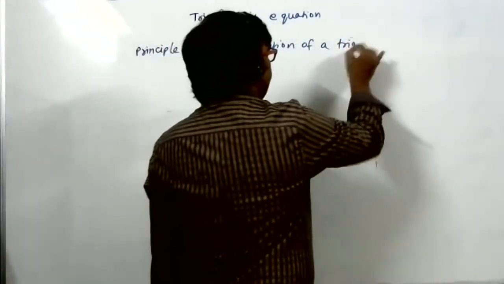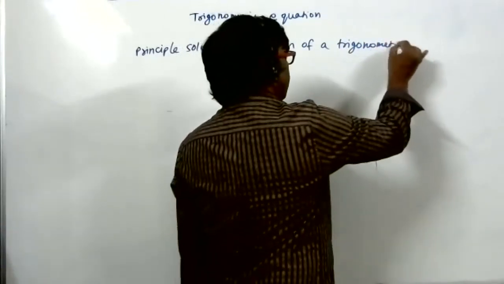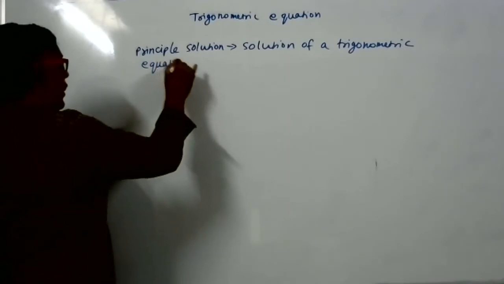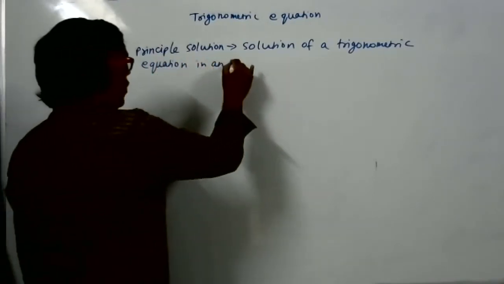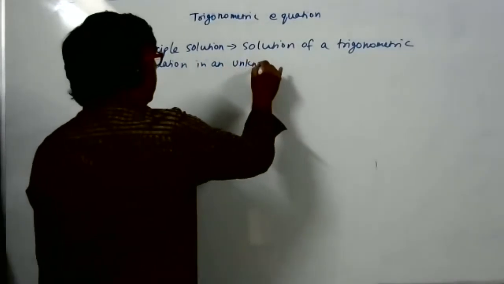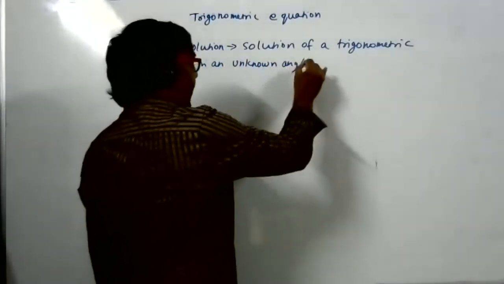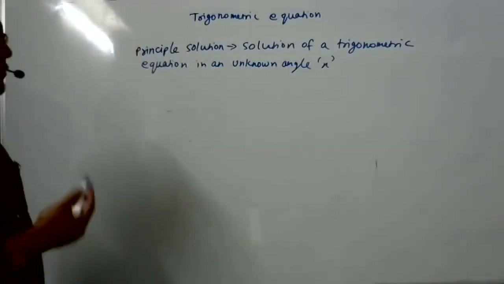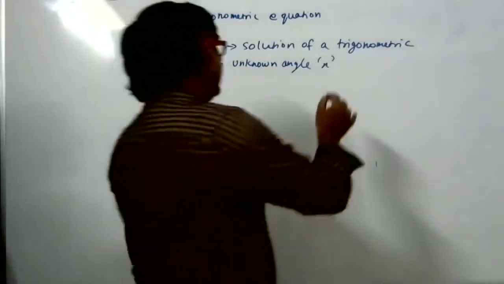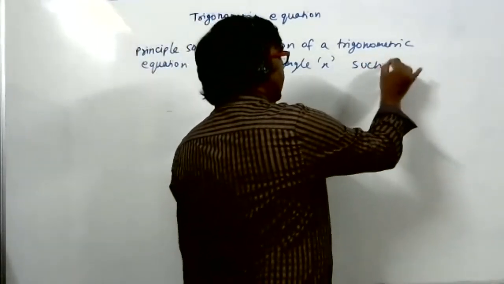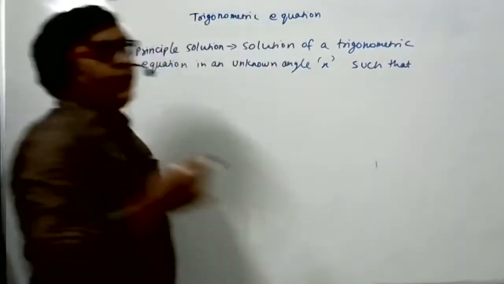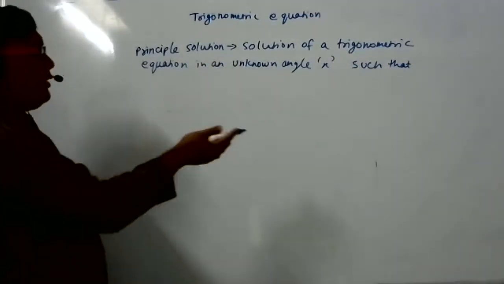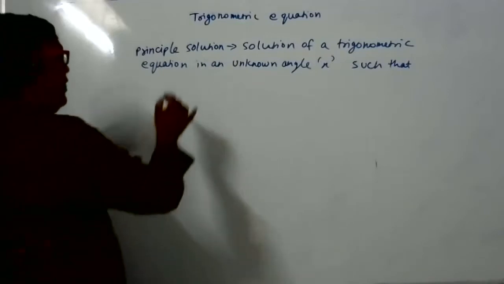Solution of a trigonometric equation in an unknown angle x. Always the trigonometric equation will be in terms of some unknown angle x, and our work is to find that unknown angle. That is the solution. Solution of a trigonometric equation which is in an unknown angle x, such that x is